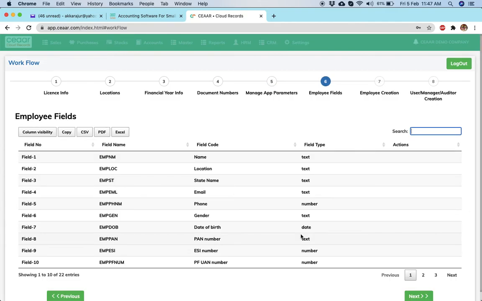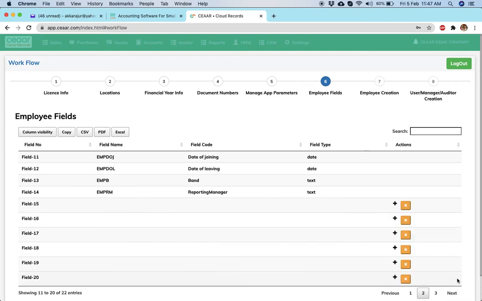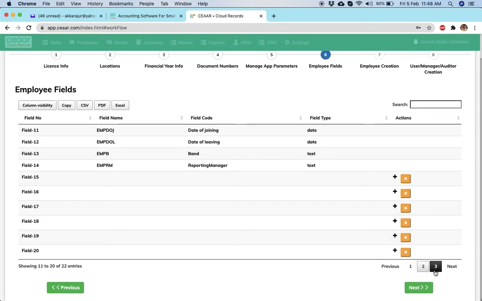Now we don't want to change employee fields. System has given a few employee fields already, making it easy for users to use it. If you want additional fields, a few additional fields can be added. Custom fields can be added for the employee master.